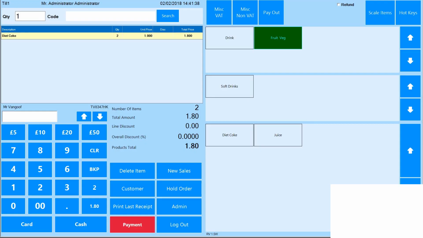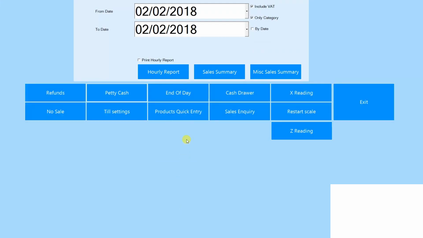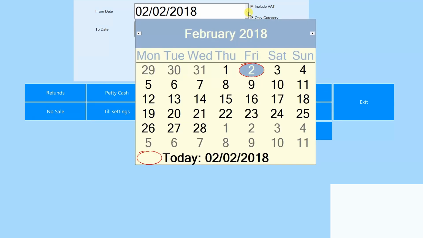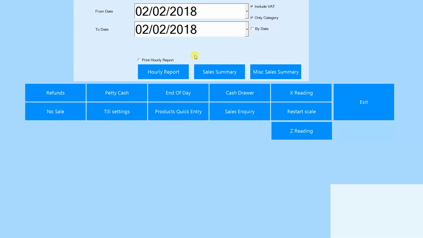In this video, I'm going to show you how to use the admin features in the retail till. Go to admin in the till functions. Here you can do quick sales reports for your business, refund customers, set your printer settings and do your end of day balancing. To see a report, first specify the date range you wish to report and then select the